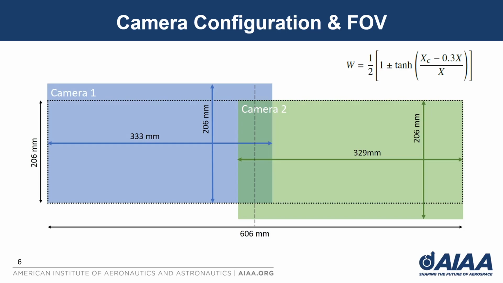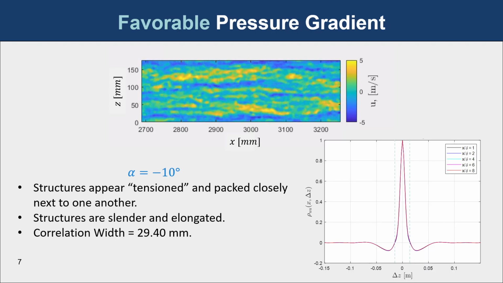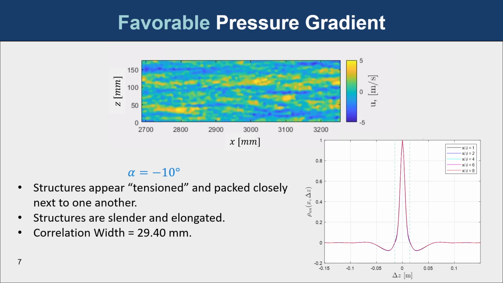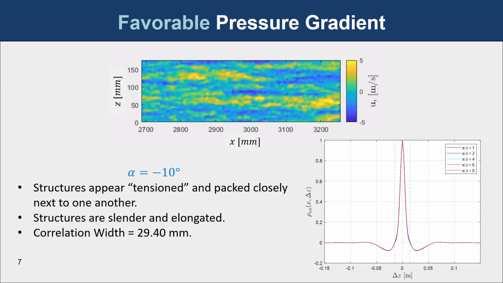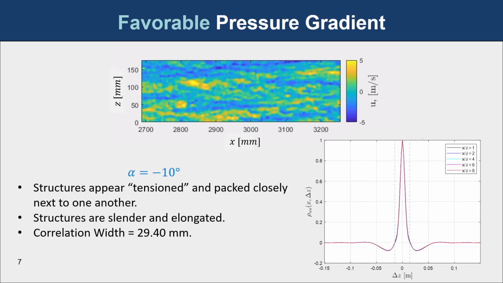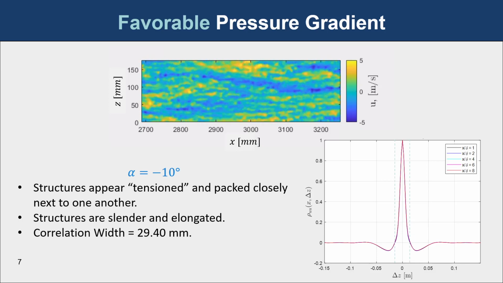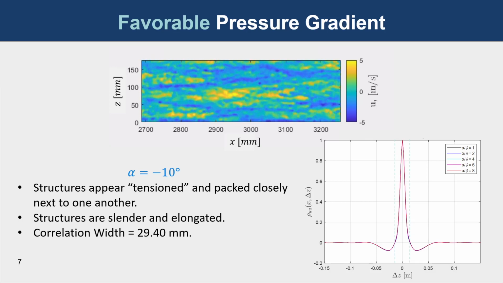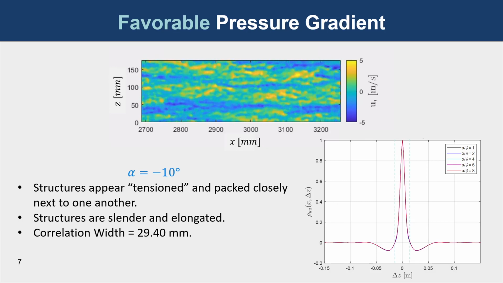Once the measurement was stitched together, this slide shows the convection of these large structures downstream for the favorable pressure gradient case, which is shown with the blue lines. In this video, we can see that the structures appear to be tensioned and packed closely to one another as they convect downstream. They're slender and elongated in the streamwise direction, and they're separated from one another by these smaller